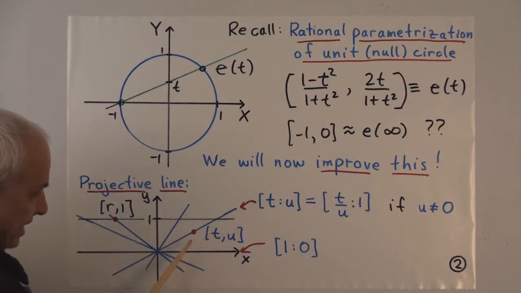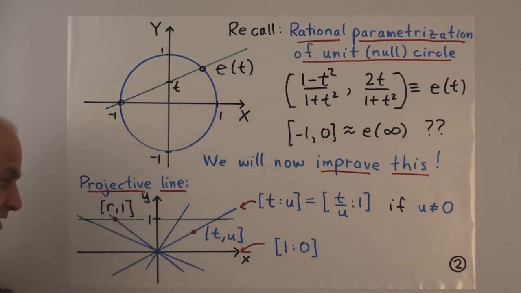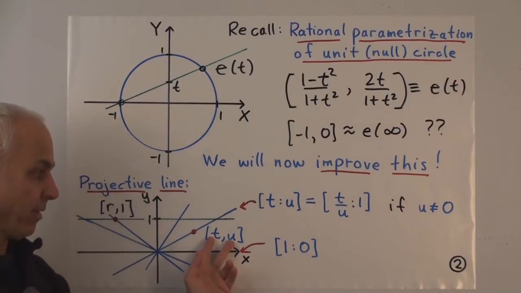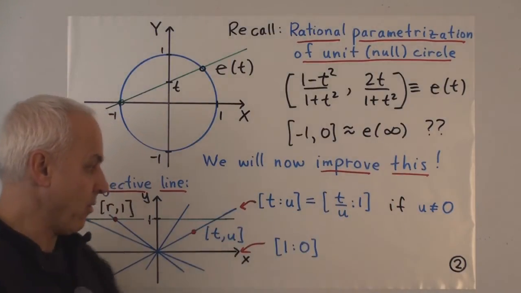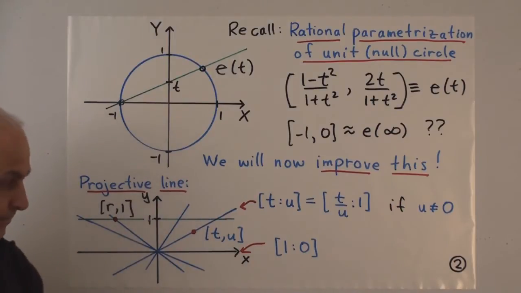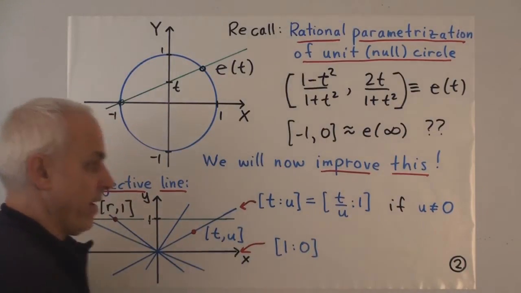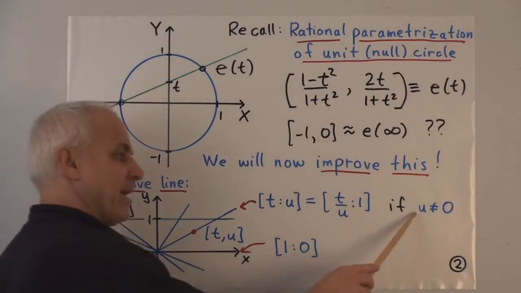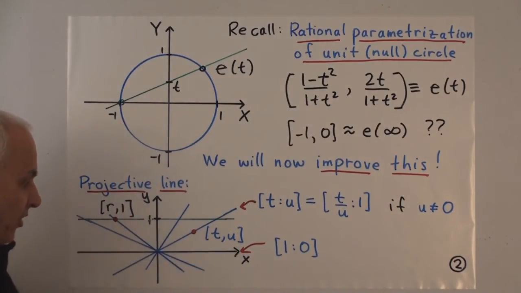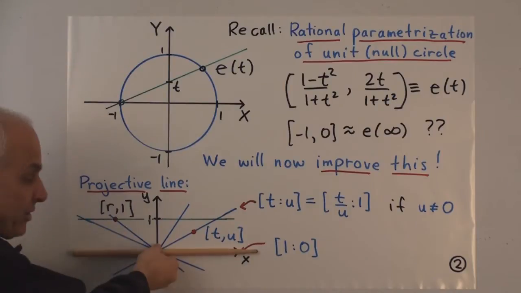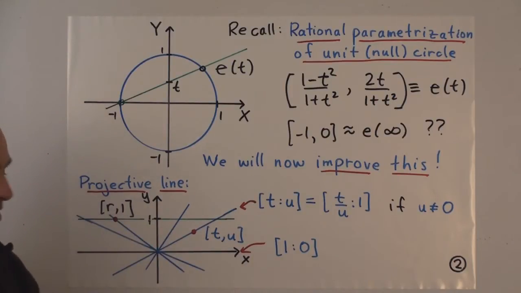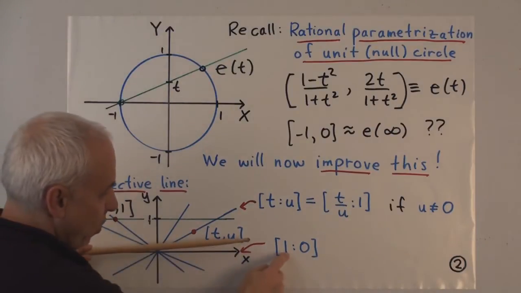And you can get that point by scaling. So if we're looking at a line through the point t comma u, then if we divided both of these by u, we would get t over u, 1. That would be actually a point on this line here. So in terms of the proportion, t to u is the same as the proportion t over u to 1. That, however, only makes sense if u is not equal to 0. If u equals 0, it means we're talking about a line in this horizontal direction which doesn't intersect or meet our reference line. Such a line is parametrized by the pair 1 to 0.